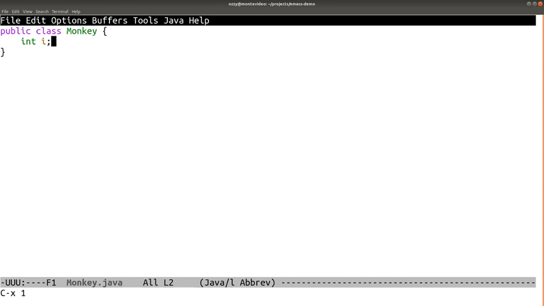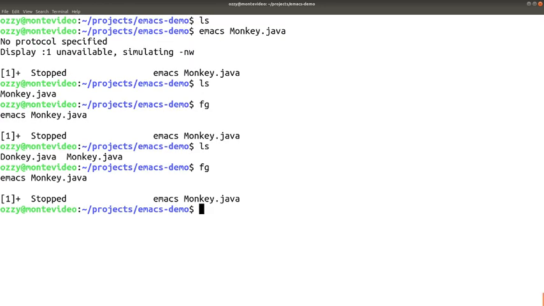But if you edit this file slightly, and you don't save it, don't write this to disk, and you press Control Z, I'm out of here. I have unsaved stuff. If you press LS here,